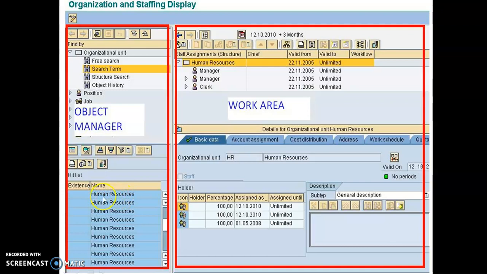Here you can see the human resources functionalities available, listed, and whichever you choose from here will go to the work area. That means you need to identify the person. If you want to go into the details of a manager, clerk, or any other type of employee, you can choose from the work area, and all the details of that particular person you can see in this section. Okay, so this is the SAP module.